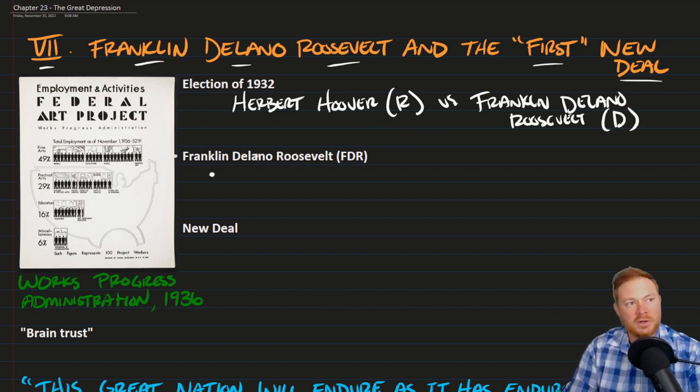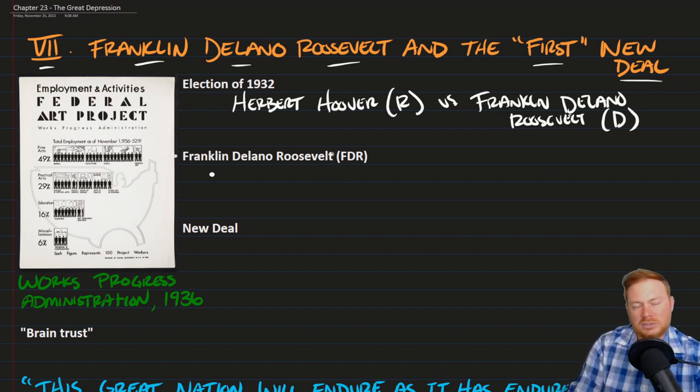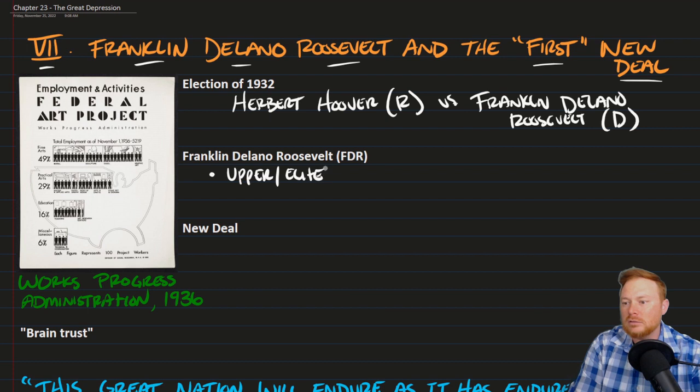Now, Roosevelt, who was Roosevelt? Well, Roosevelt comes from the same type of background that one of his idols came from, who was in fact not that closely related to him, and that was the earlier president, Teddy Roosevelt. Franklin Roosevelt was technically a very distant cousin of Teddy Roosevelt, but there's no direct relationship between Teddy and Franklin. But they were very similar in their backgrounds and very similar in how they approached the presidency. He was from the upper slash elite classes,